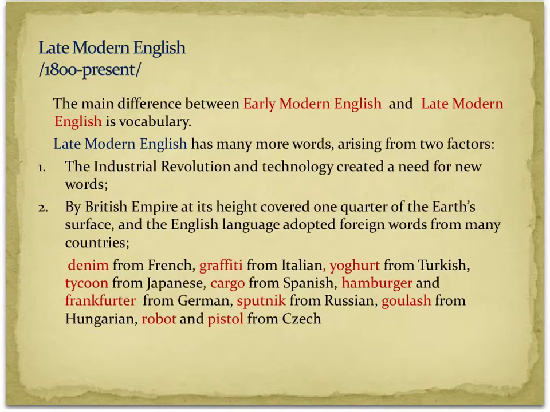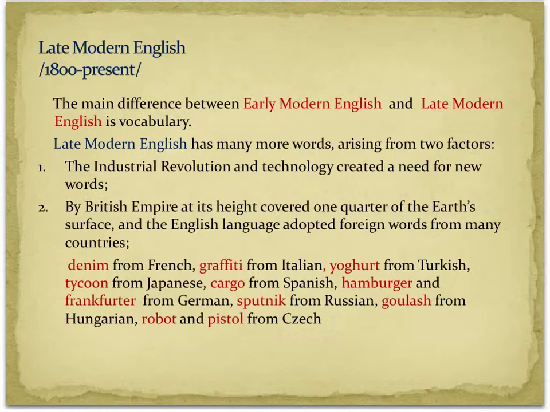Late Modern English dates back from 1800 to present. The main difference between early modern English and late modern English is vocabulary. Late modern English has many more words arising from two factors. Firstly, the Industrial Revolution and the technology created a need for new words. Secondly, the British Empire at its height covered 1/4 of the Earth's surface, and the English language adopted foreign words